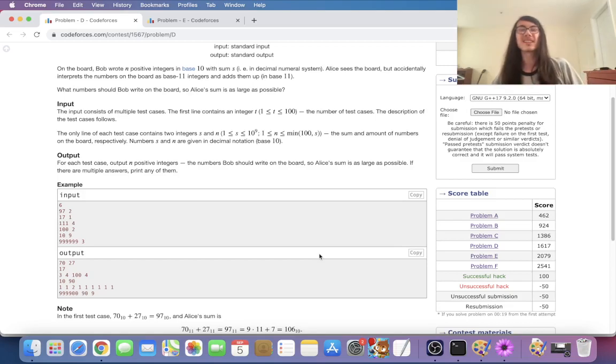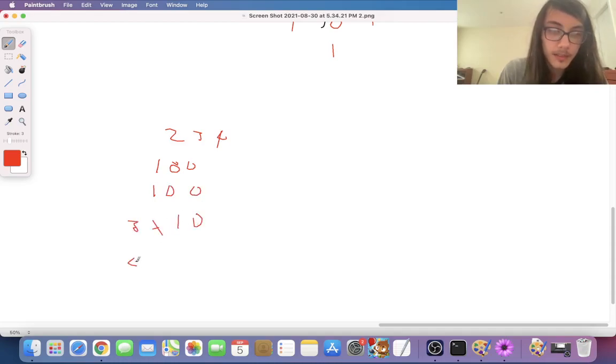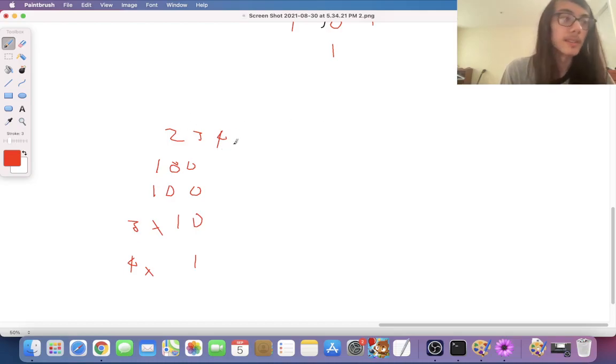Okay, so the best thing to do is to distribute the digits. So what I mean is, say we have 2, 3, 4. The best thing to do is to write 100, pretend that's 100, then another 100, then 3 tens, then 4 ones. Because then we get as many of the higher digits as possible. The problem is sometimes we can't. For example, what if we needed 10 numbers? Then what we need to do is give away ones to do as little damage as possible to the highest digits until we can split the digits. So